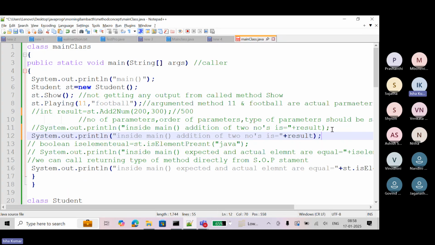Here also, you can just call this method directly, the returning type method, and you will get the same result.